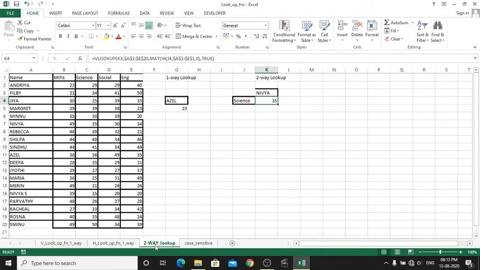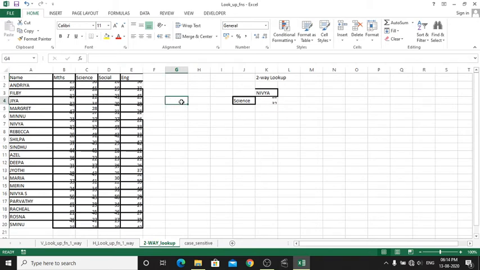Now we will move to the two-way lookup. Okay, so here I have illustrated an example. So here I am passing two lookup values as the arguments.